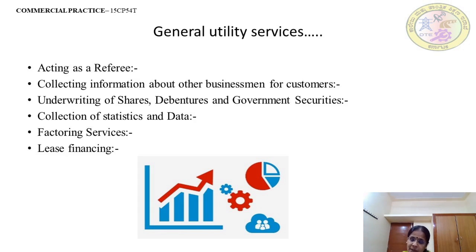And you have already purchased something for which you don't have money to pay, so the commercial bank says, don't worry, I will give money for all those purchases. So before the money is received, the bank will provide you financial assistance. That assistance is what is called a factoring service, and it's a very good financial arrangement given by the banker to customers, because they must have continuity of business. Just because they don't have money, they should not stop their business activities. So this service has been given to them.